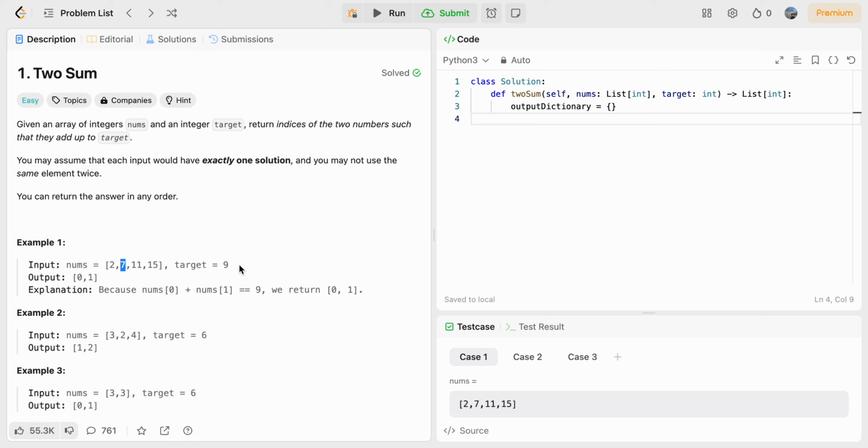Okay, so let's start coding. First, we will define the output dictionary. We have already done that. Perfect. Now we will be iterating over the values inside our array, or you can say list, called nums. So how to do that in Python? We will use a for loop. So what we will do, we will write